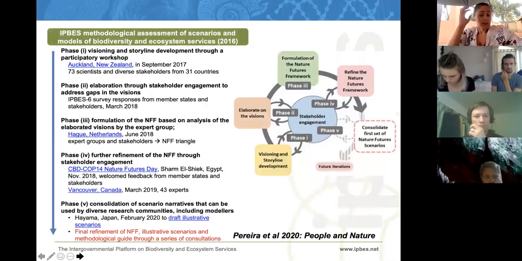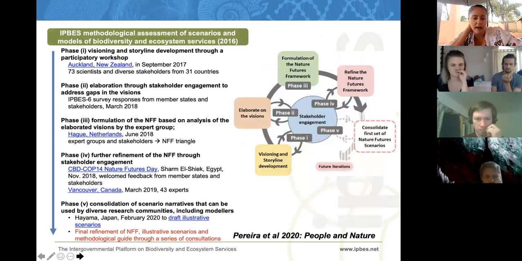So what we started was a process that actually began in 2016. And there's a paper by Rosa et al. that sort of outlines the general plan that the task force, or the expert group at that time, came up with. And that started with this participatory process that we held in Auckland, New Zealand in 2017, where we brought 73 stakeholders from 31 countries together, including representatives of Indigenous communities, mainly from New Zealand, because of proximity, into this